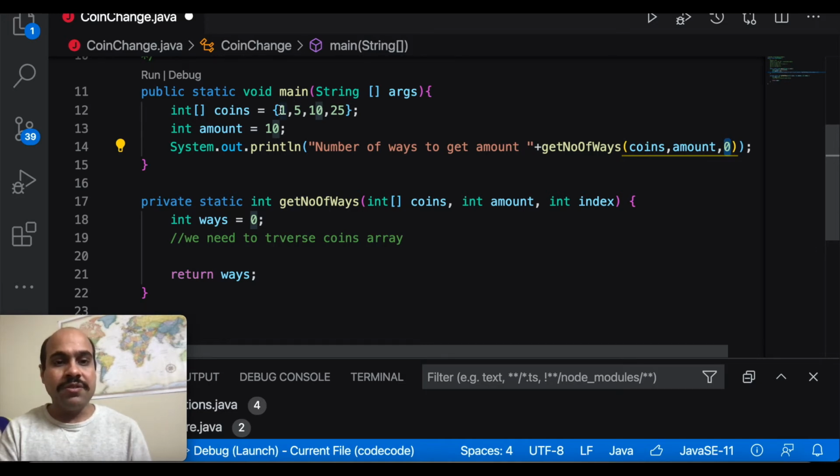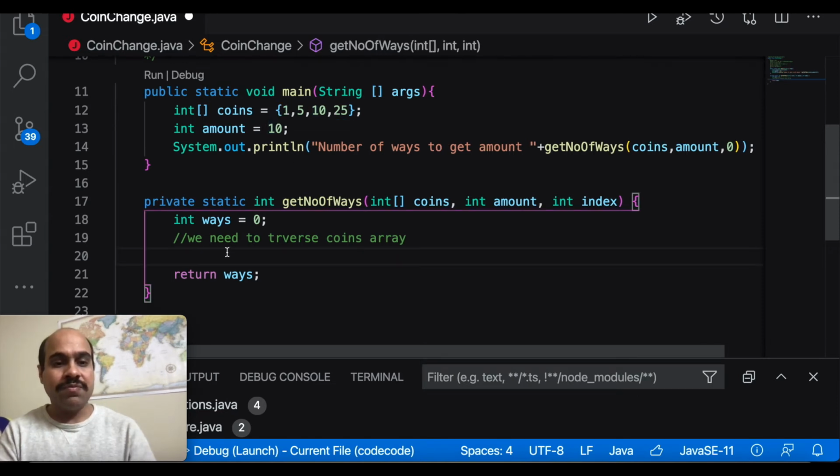Now there are two possibilities which I can use. One, either use this current coin as a part of complete solution, so use 1 to create amount 10. Second, don't use 1, so directly go to 5, next coin, and try to make this 10 amount based on remaining coin 5, 10, 25. So there are two ways. Either I need to include the current index coin, or I have to exclude it.